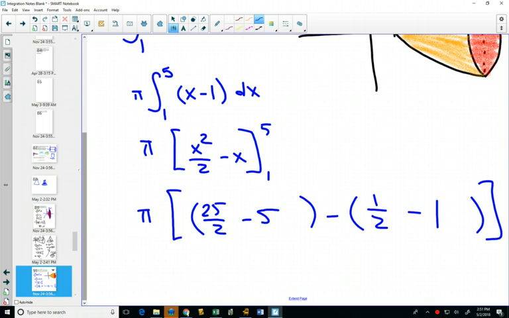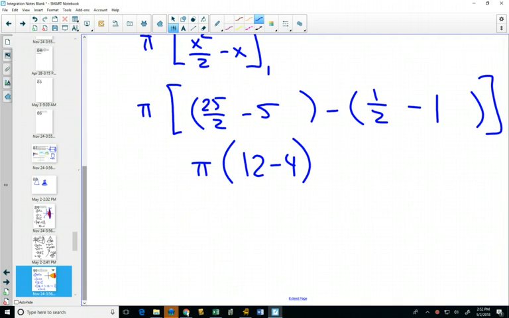What do we get? 24 over 2, which is 12, minus 4. You okay with that mental math? See how I was able to avoid some fractions? And the volume is just 8 pi. Very cool. 8 pi. So now,